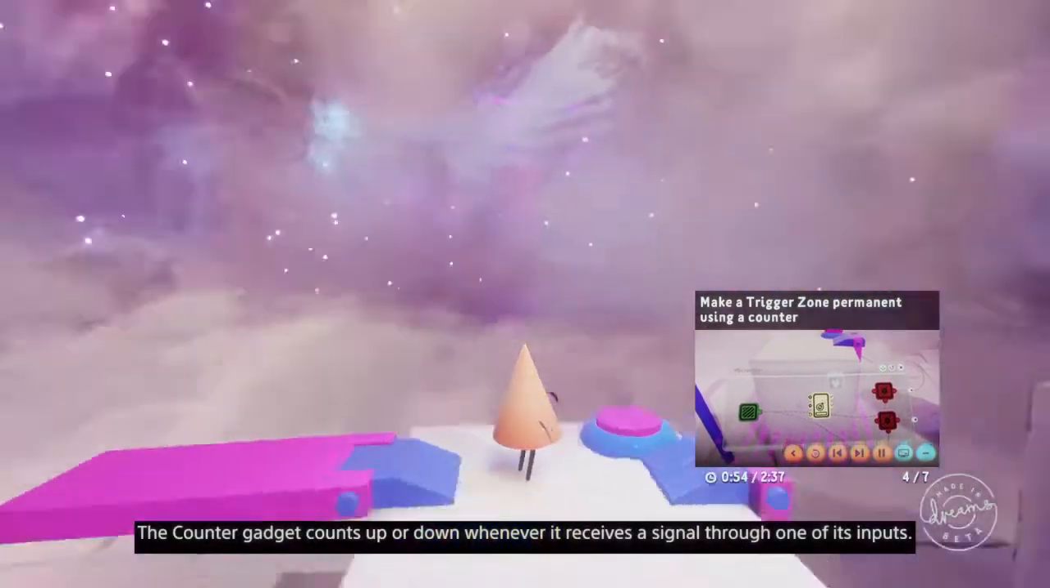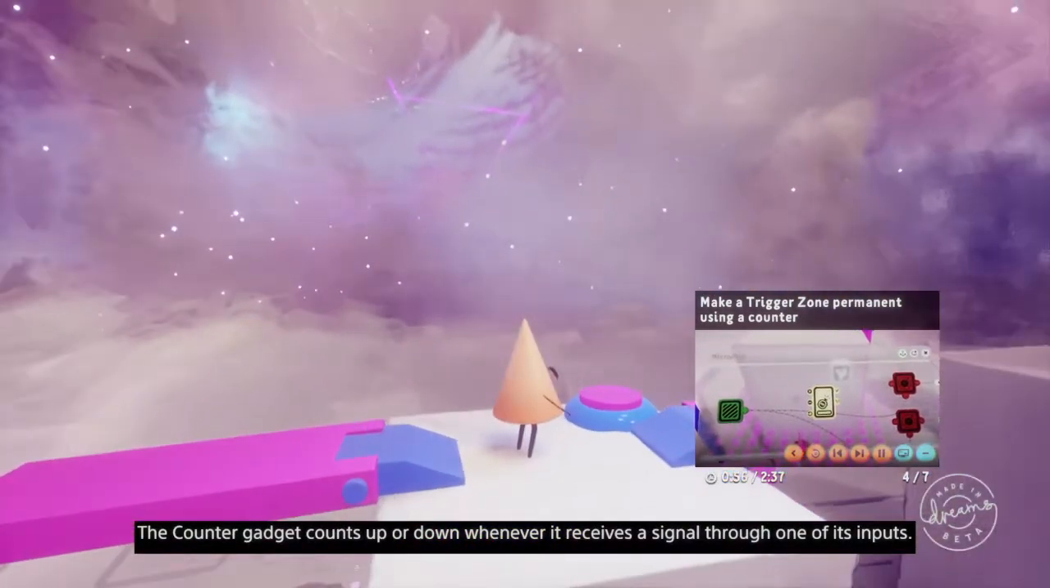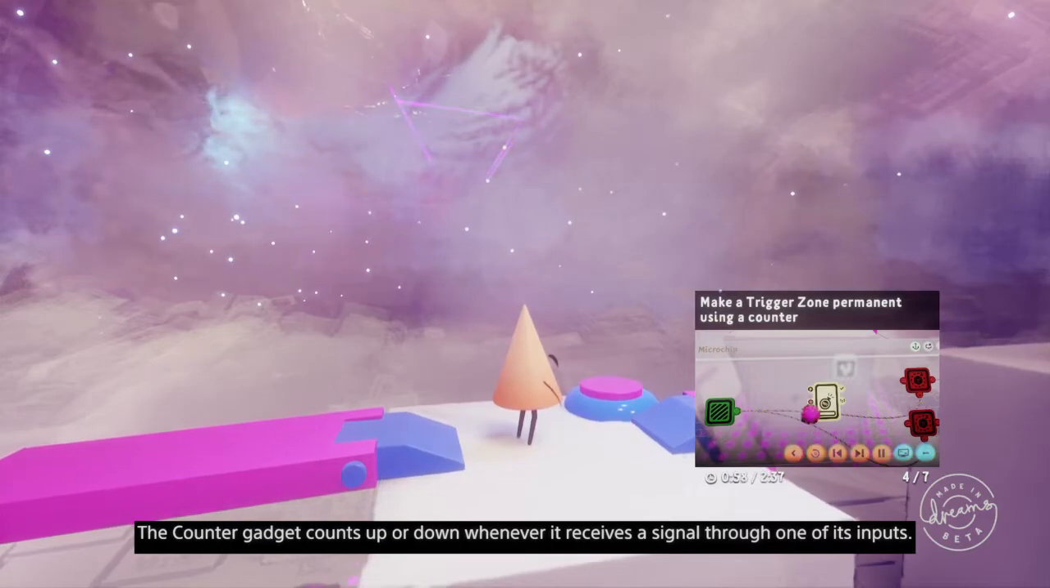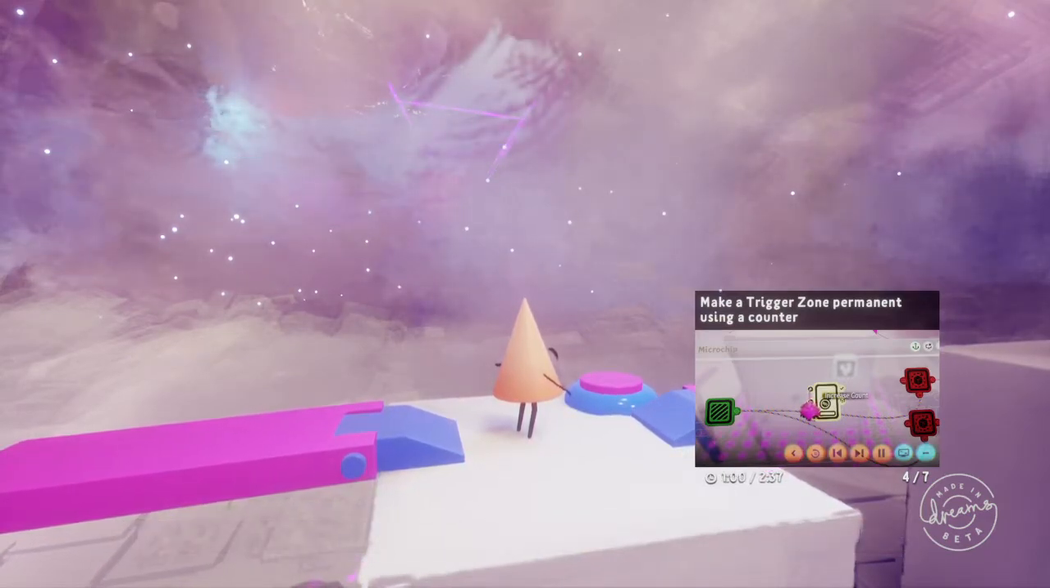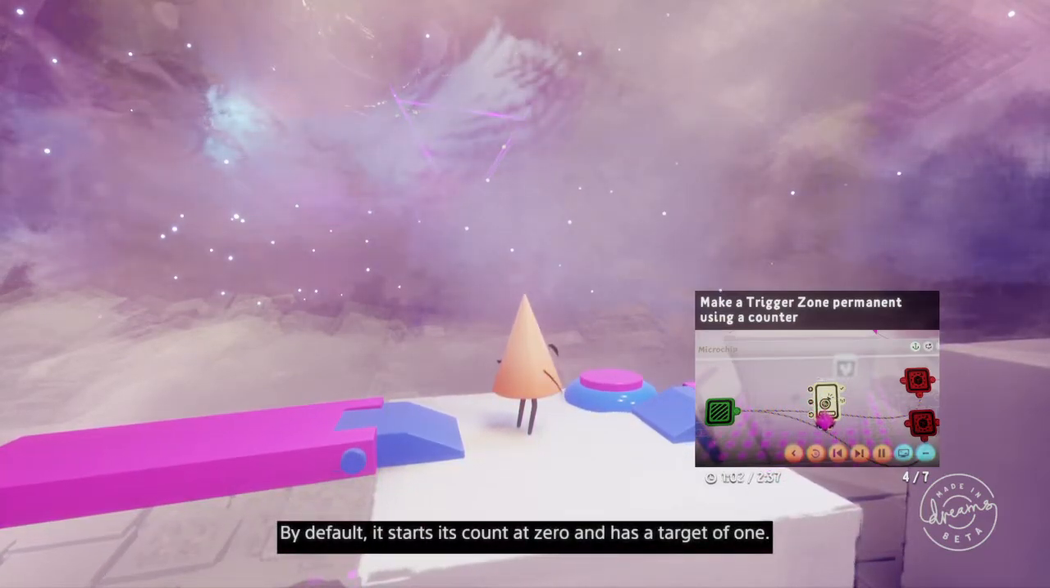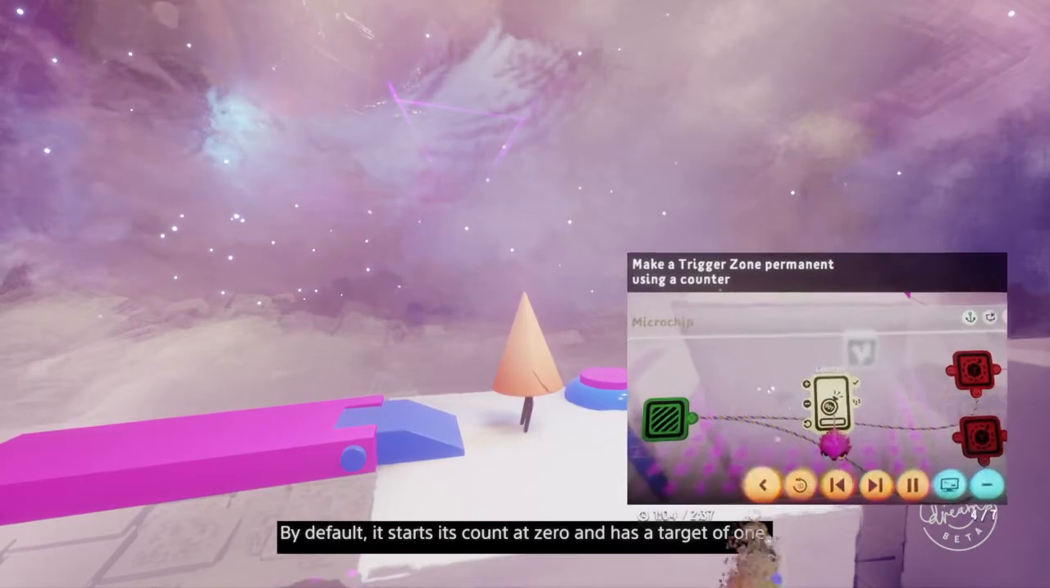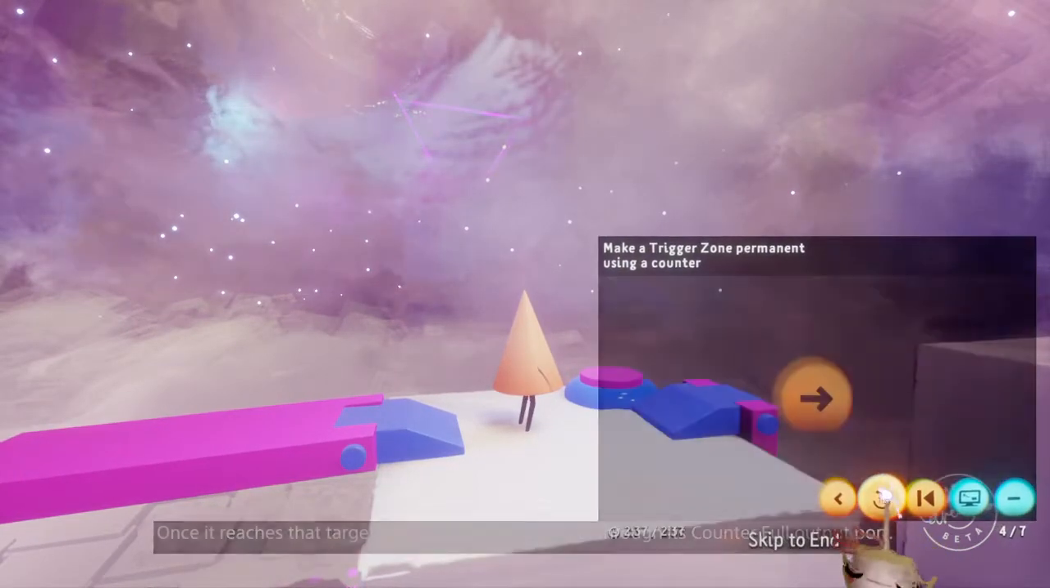Then press circle to unequip it. The counter gadget counts up and sends a signal to one of its inputs. By default, it starts its count at 0 and has a target of 1. Once it reaches